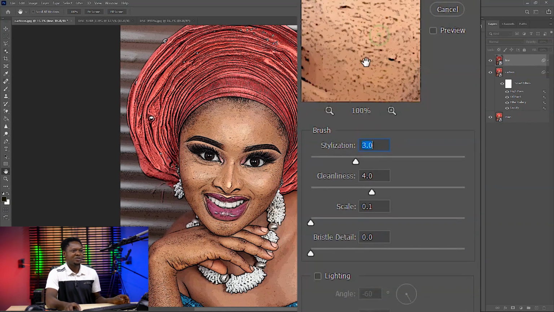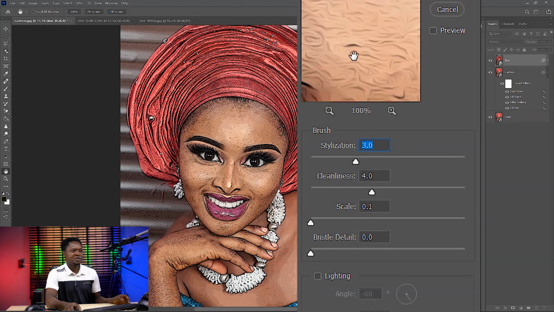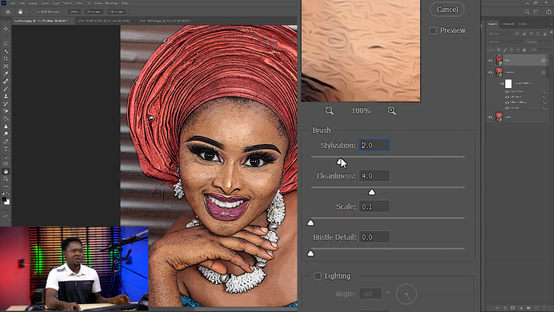Then with this we have to make adjustment again and make sure we have it. Let's put it here and see it's getting sharper. Let's say 4 for the top. Then the cleanliness should be, let me say,